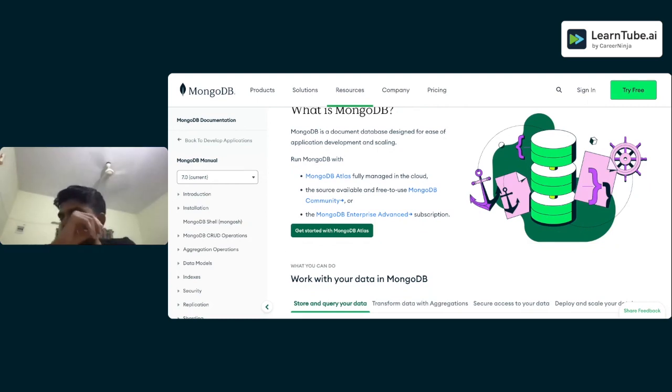So quickly, a brief definition here: MongoDB is a document database designed for ease of application development and scaling. So its objective is to help products scale. Now, if I go here